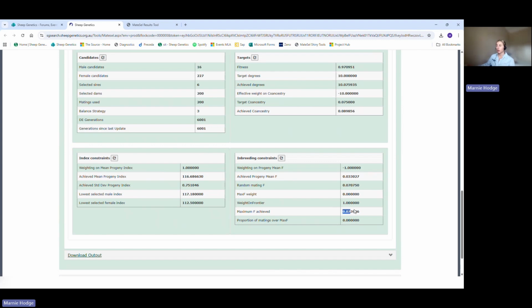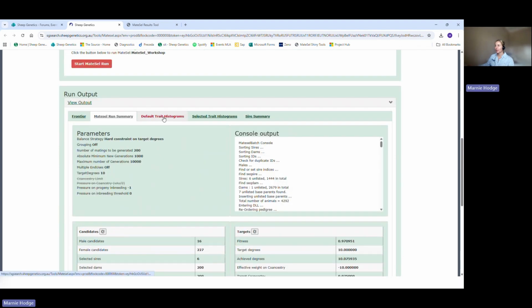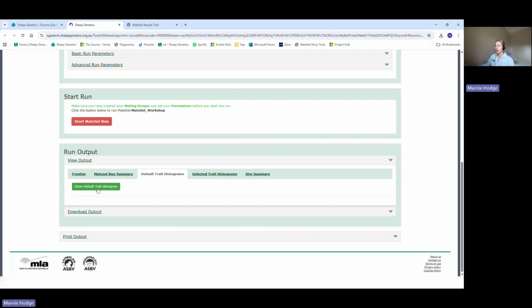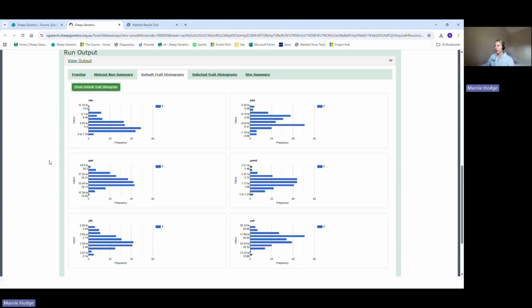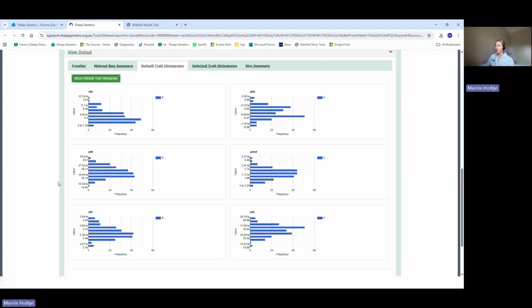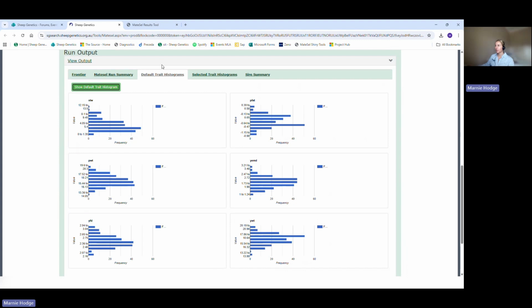So if you wanted to go through and reduce this, you could add more target degrees into the MateSel run for your next run as well. We can also have a look at the default trait histograms. So this section doesn't work for every single trait, so I don't love to use it. What I like to do instead